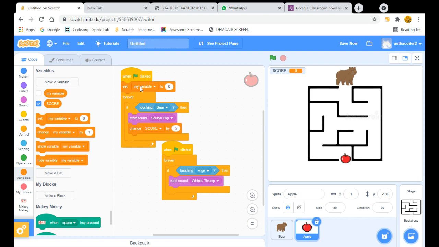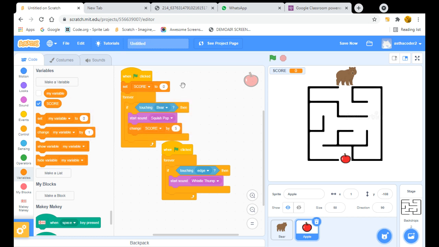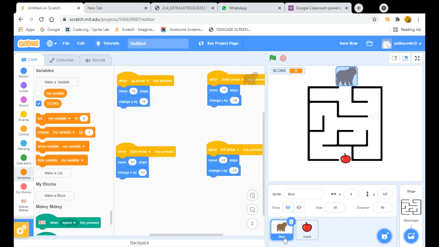So we will do this code. Okay. So now let's go to beer. Now let's check if all the codes are working. The beer is going side by side. Left, left, left.